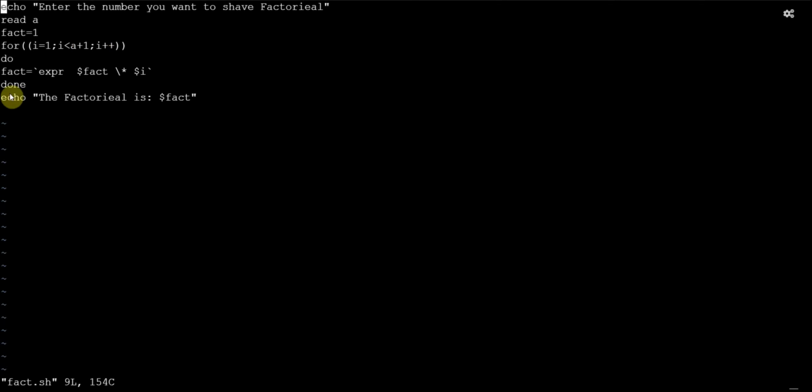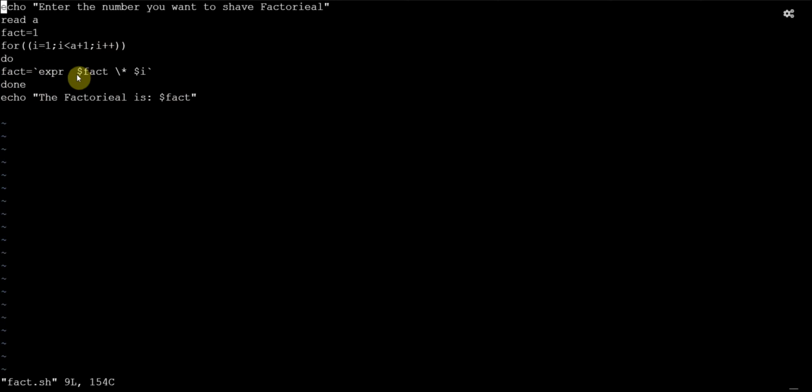Do factorial equals, this is the main keyword we need to remember, expr. To perform some logic we have a keyword called expr. If you don't give expr, we will get a logical error, so we cannot solve this.